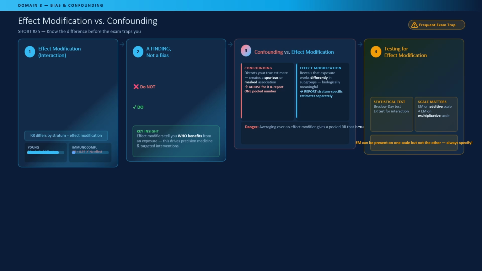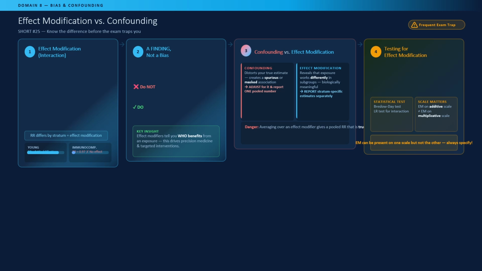The flip side is the exciting part. Effect modifiers tell you who benefits from an exposure. That's the entire engine behind precision medicine and targeted interventions. Instead of a one-size-fits-all recommendation, you can say, this protocol works beautifully in this population, and we need a different